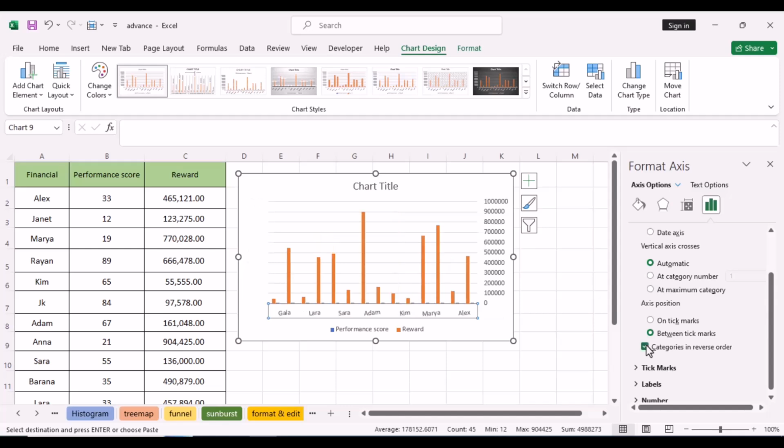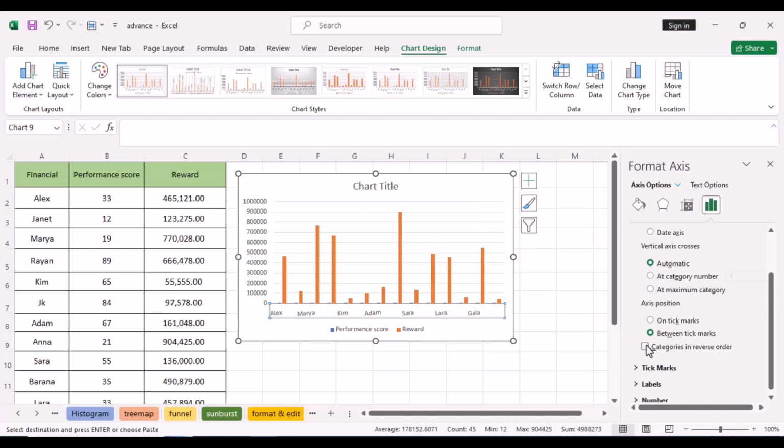To italicize the axis words, we can change the degree of rotation from the Size and Properties section in the